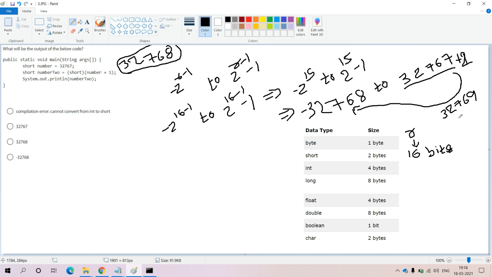For 1, whenever we add one more to the maximum value of the short, the positive integer gives the negative representation minus 32768. If you add 2, it will decrement the negative value, and we get minus 32767 as the answer.